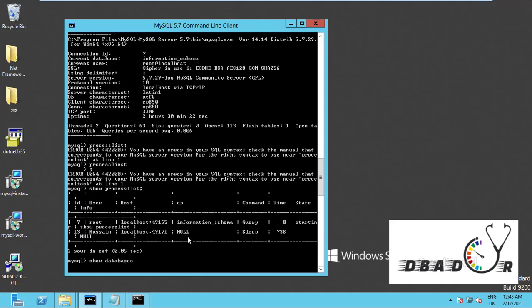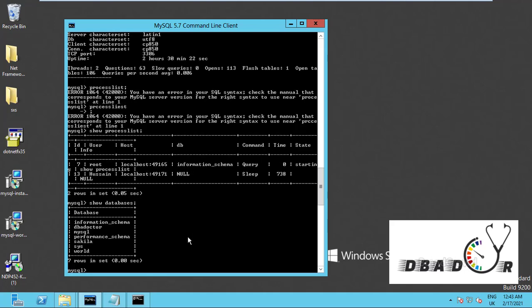First, before creating a database, we have to verify whether there is a database already present or not. So here I have already created one database called DBA doctor, and some other databases are there for testing purposes. MySQL is used for user level information keeping.